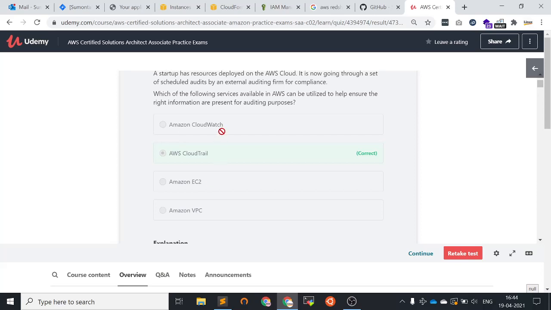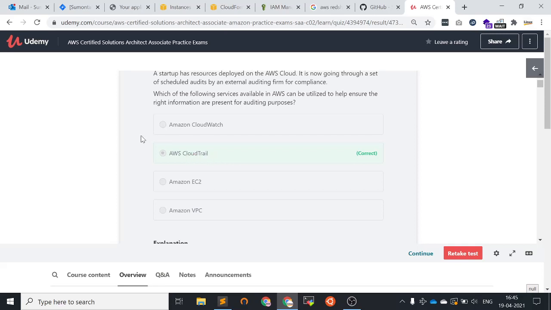So among those services, CloudWatch is used for monitoring purposes. CloudTrail is used for visualizing the logs. It stores the logs of all API calls of AWS. This may be an SDK call, this may be a console log or CLI log.